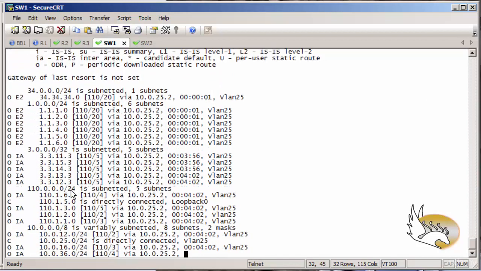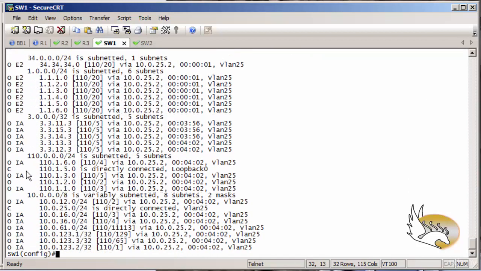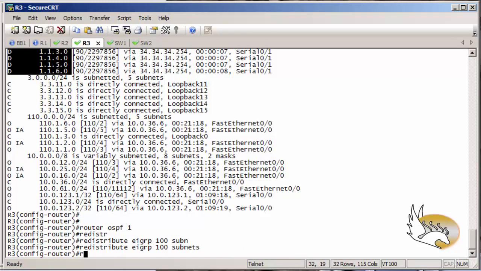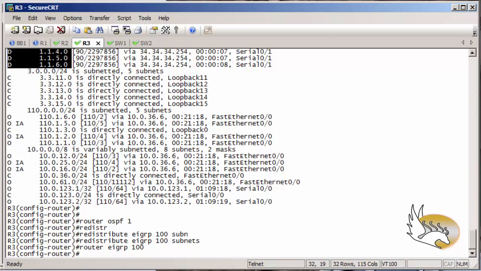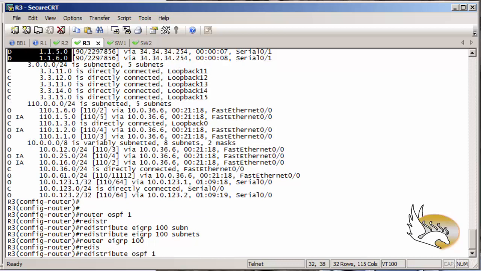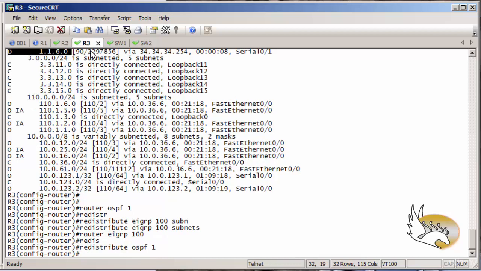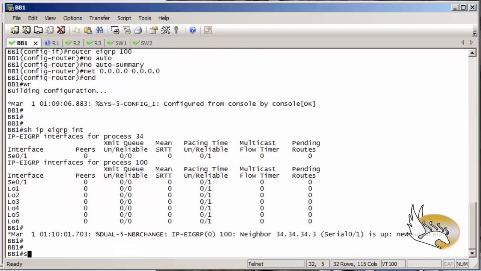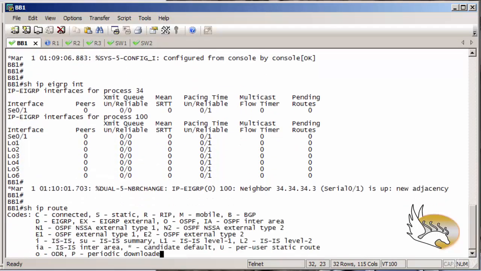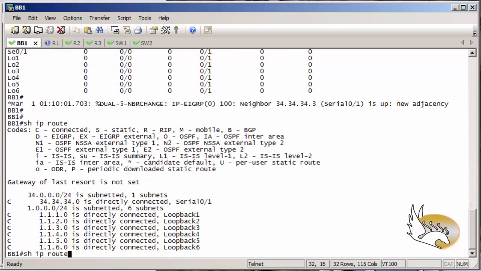Of course, because this is not a mutual redistribution, I cannot have a ping test here, but if I had mutual redistribution, I would. So let's go ahead and add it mutual. So this is good to have a test. So I redistribute OSPF 1, and that's it. If I go to backbone 1 and try show IP route, I should see all routes here after a while, of course,